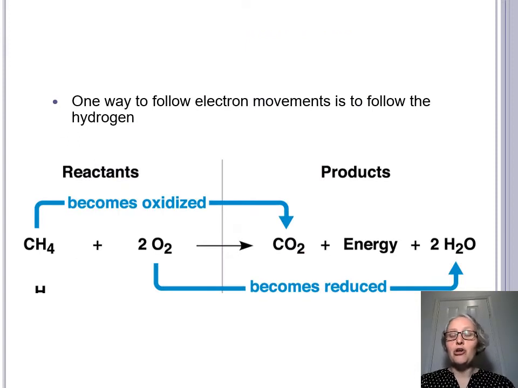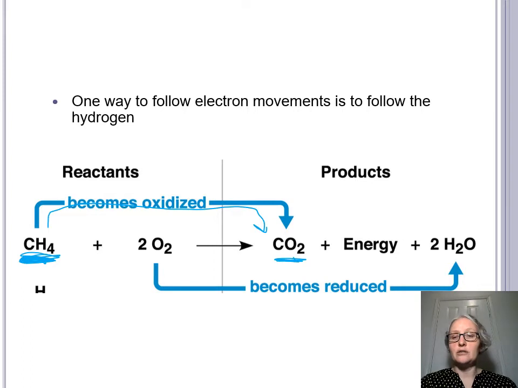Unfortunately, not all cellular reactions or equations show you easily where the electrons are. So one good way to know where the electrons are moving is to follow the hydrogens. If something has lots of hydrogens in it, you can assume that it has lots of electrons. If it has fewer hydrogens in it, it has fewer electrons. So looking at this equation down here, we've got methane with lots of hydrogens, so lots of electrons, and it's becoming carbon dioxide. So in this case, it's losing the hydrogens or it's losing the electrons,